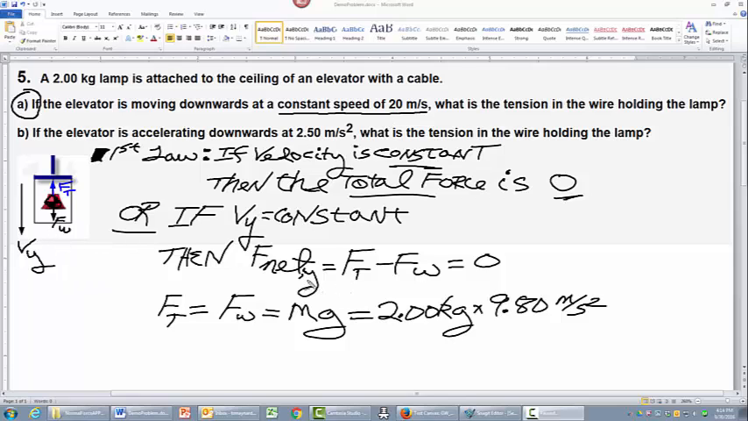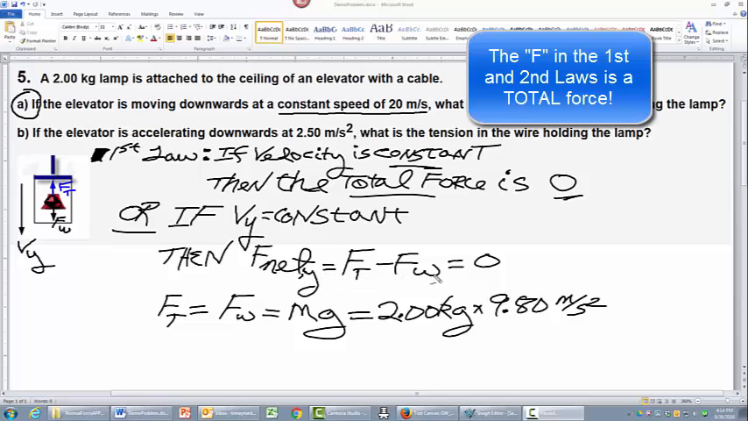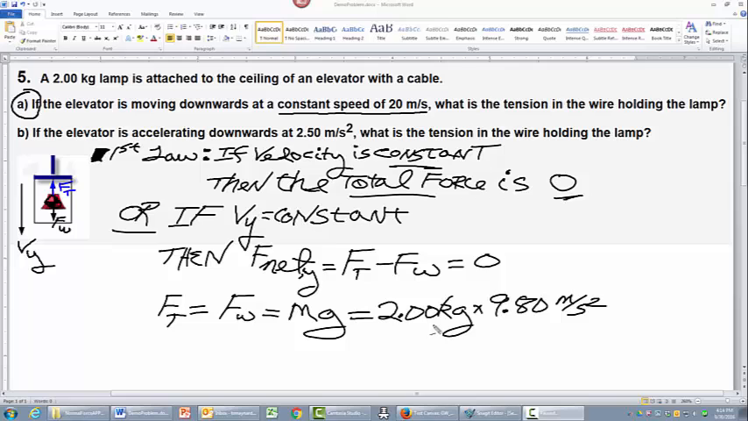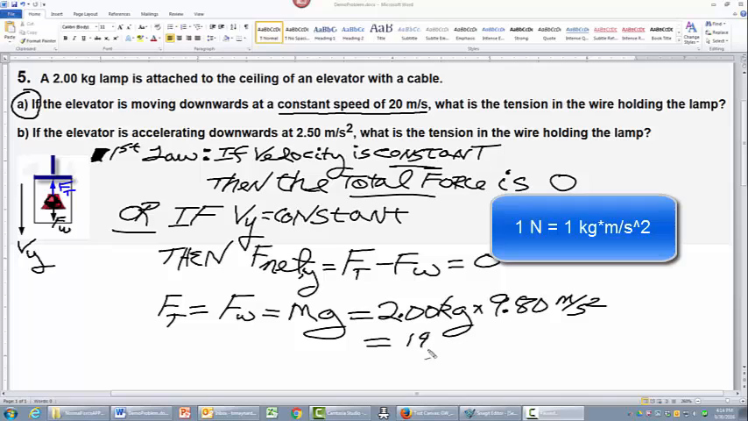then F net of y, the total force in the y direction, we find from our free body diagram, our force diagram, to see what the forces are. We have the tension force F sub t, which is upwards or positive. We have the weight force F sub w, which is downwards or negative. So F net of y is F sub t minus F sub w, and this is equal to 0 by the first law. Solving for the tension force, which is the apparent weight of the lamp, we see that it's equal to the weight force, or mass times gravity, substituting 2 kilograms times 9.80 meters per second squared,